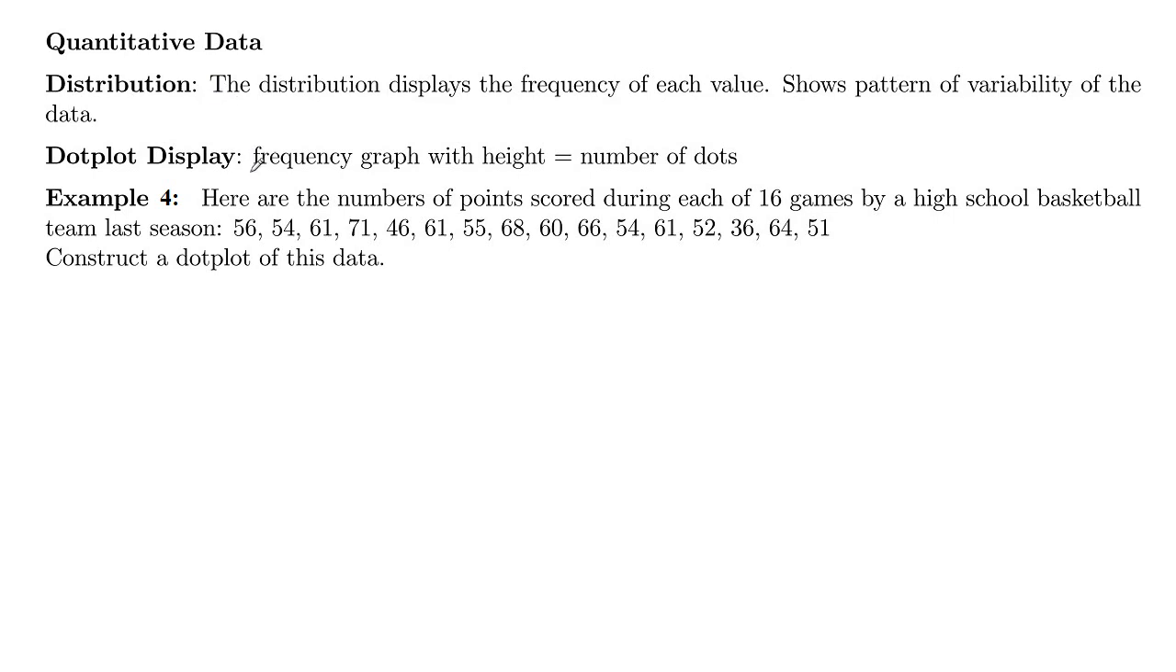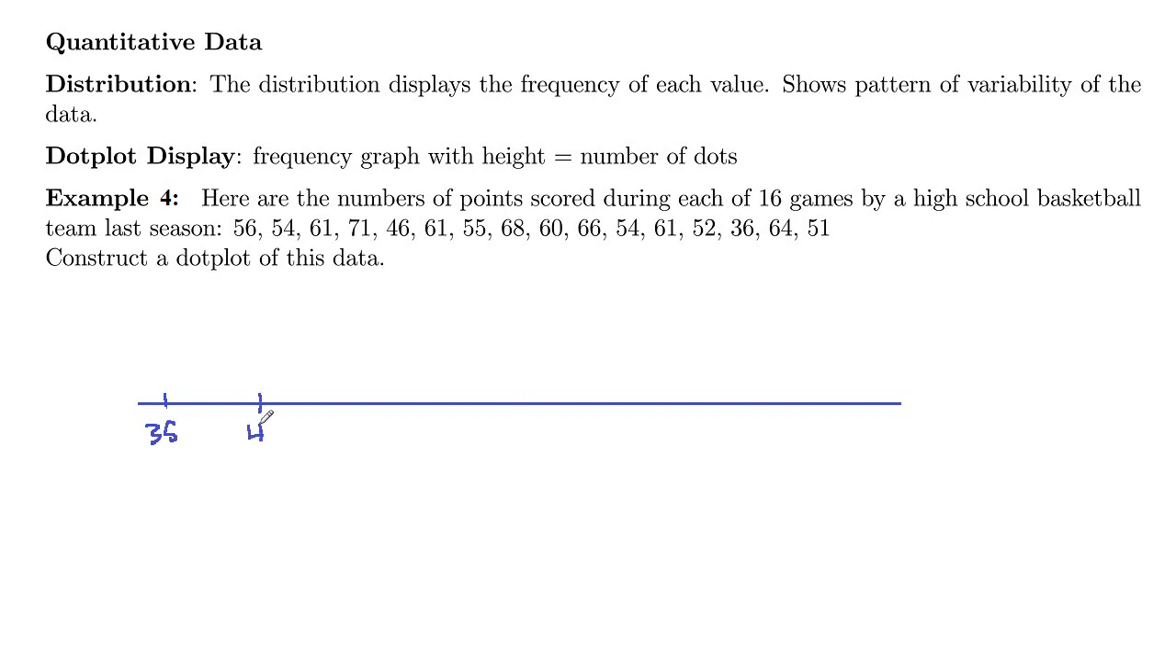So here in example 4, we've got the same data that we used earlier on the number of points scored during 16 games by a high school basketball team. We're going to construct the dot plot for the data. So first we want a horizontal axis here, and we will number that off. So our values went from 36 to 71, so I'm going to start here with 35 and I'll go up